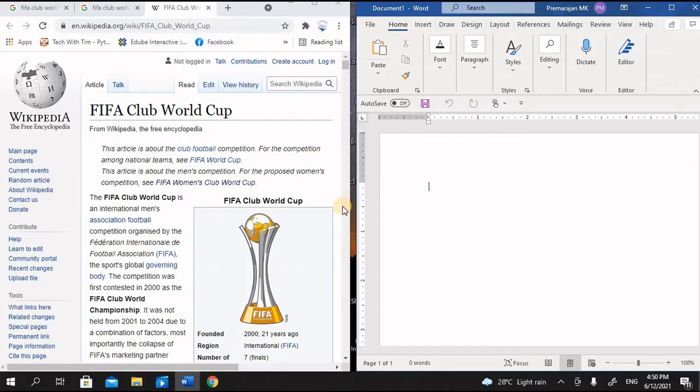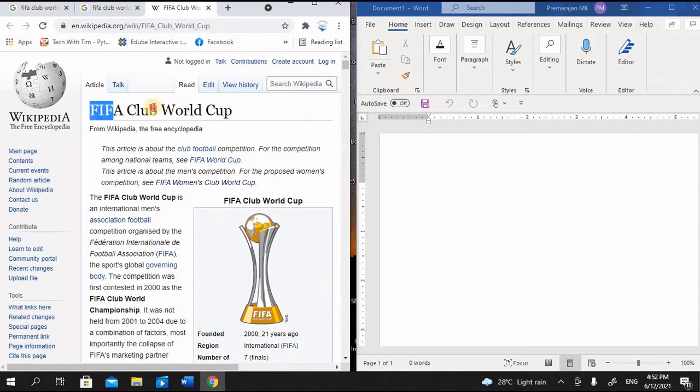Now I want to copy three parts from the Wikipedia site to the Word document. Usually we select a part, then press Ctrl C to copy it and then move to the document and paste it using Ctrl V. To copy three parts, we do it 3 times. But there is a method by which I can copy the clips I want first to the clipboard and then conveniently move to the document and paste them there. Let us see how we go about doing this.